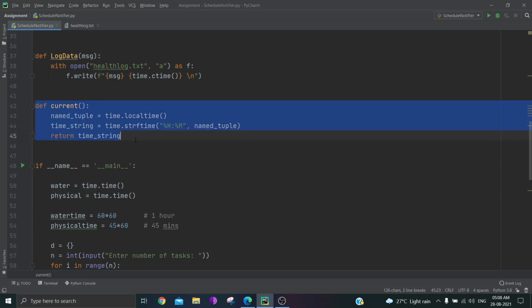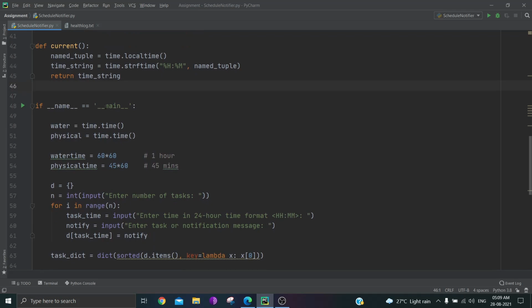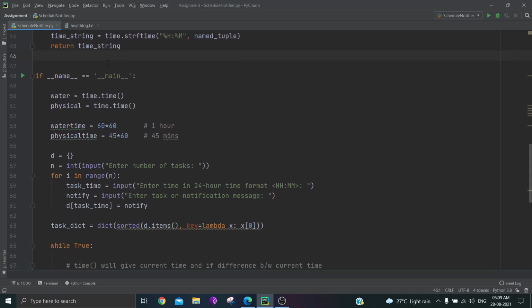And here I have created a current time function, and it will return a string of the current actual time in 24-hour format. It will return it in string data type. I'll tell you about it later. And this is our main function.